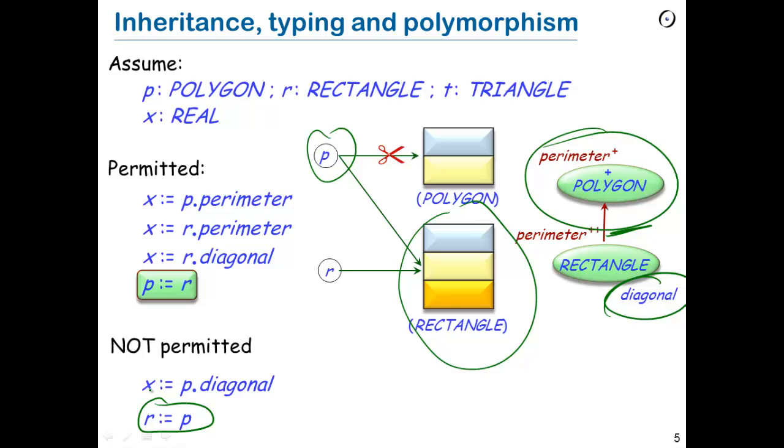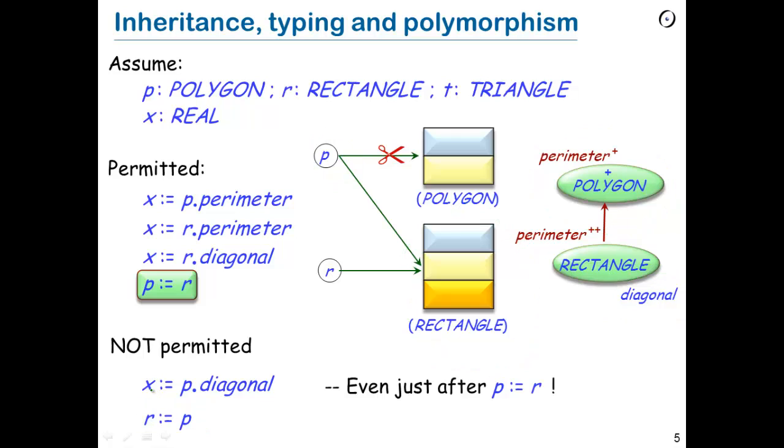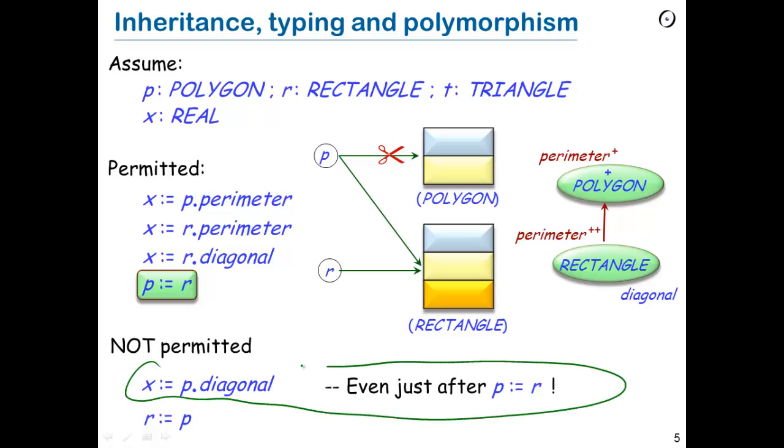It is also not permitted to have P.diagonal even just after this polymorphic assignment P receives R. So you might be shocked at first at seeing this, but then I'm sure you will understand the reason. Of course, if we have executed P receives R and immediately afterwards we try P.diagonal, it would work. It would work because in this particular case, the P variable is attached to a rectangle object which has a diagonal feature. But in a way, this is only by accident, it's only by chance, and we cannot know this